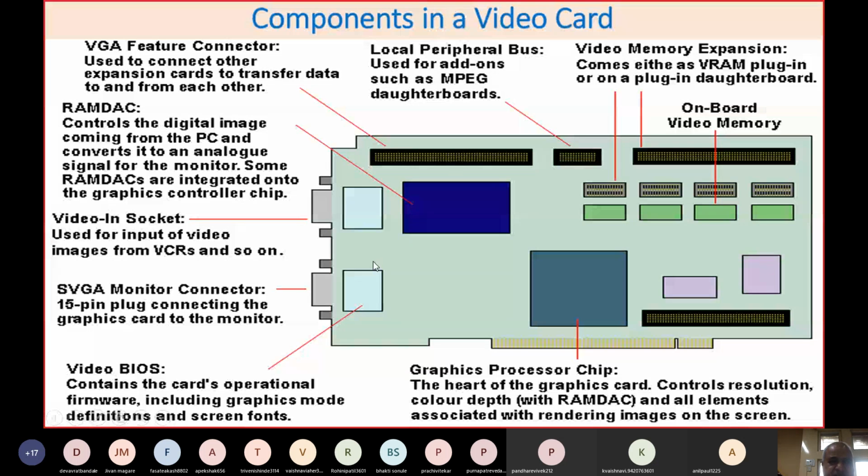And for this, a D2A converter is used. This is called a RAM DAC converter, and it is integrated onto the graphics controller chip. So this is actually a RAM DAC shown as a